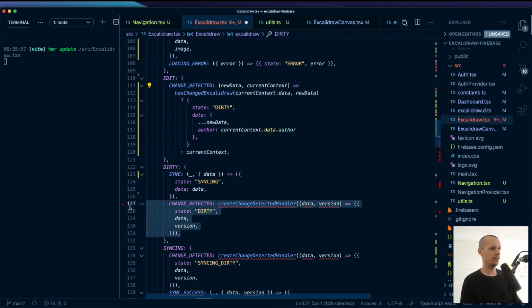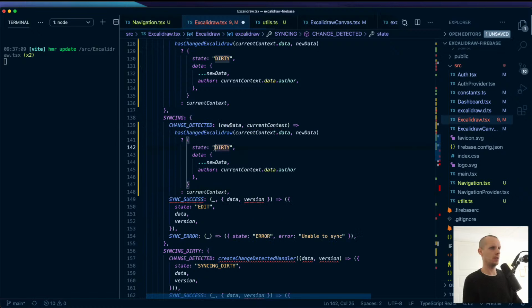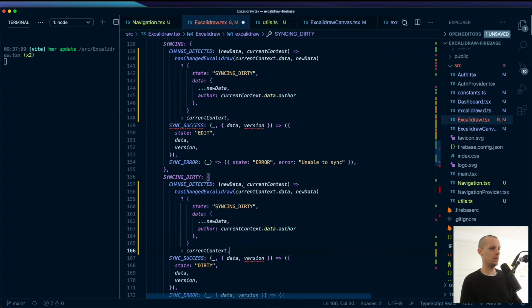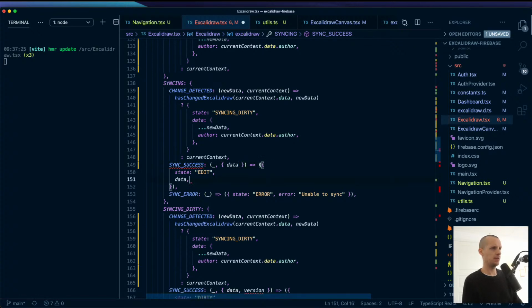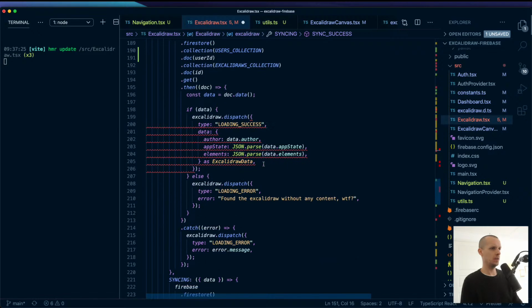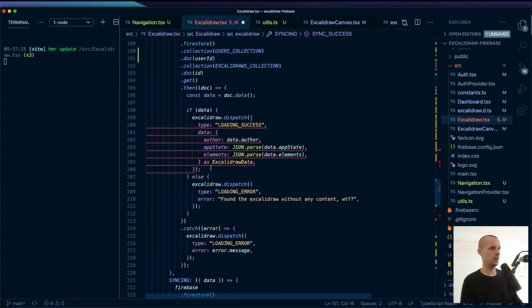Change detected. And this is just going to be syncing dirty instead. And then sync success, there's no version here. Yeah, so here we actually need to, this is interesting. This is where we need to create the image as well. So we need to return,